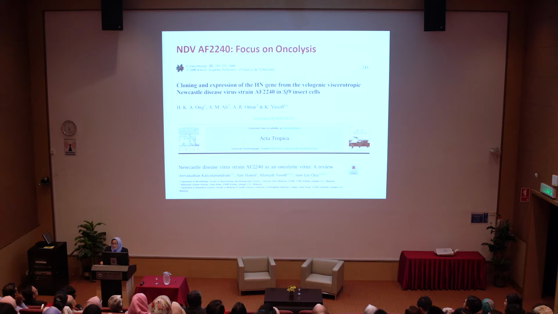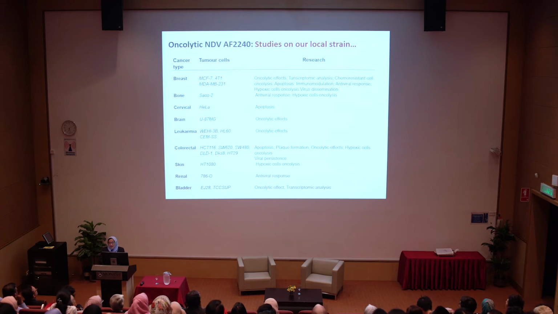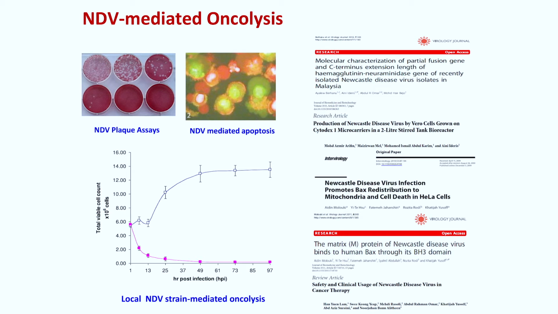So my group has further been trying to characterize the strain AF2240. This includes investigating its potential cancer targeting abilities, as well as its immunomodulatory effects. As a result, my colleagues and I have characterized the strain AF2240 mediated oncolysis through a whole range of tumor types. It's not only my group, but various groups in UPM. We have shown that NDV-mediated oncolysis occurs through apoptosis and have identified clues towards its mechanism of